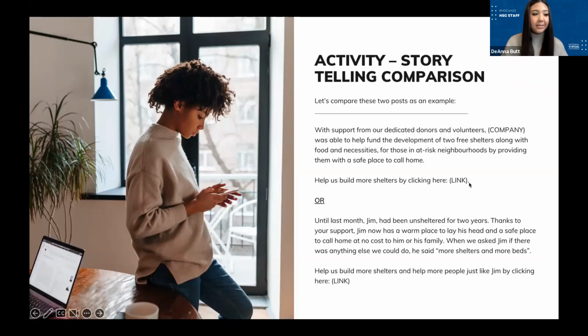It's exactly it. The personal story of Jim is the one that would be better catered for the storytelling aspect. Pair it with a photo of Jim instead of a photo of the shelter or building or graphic, and it's definitely the winner. And this is again solely on the fact that people love faces. We love to read about stories that we can relate to, everyday life stories that can draw on our emotions. So interview people, share real life stories, and share the impact of your work through your stories.